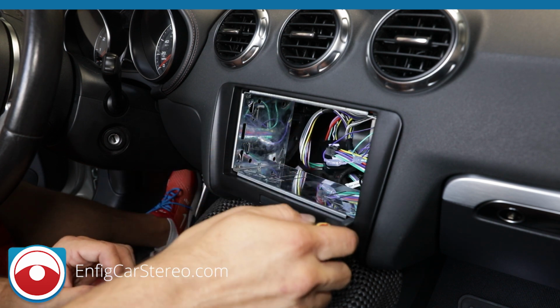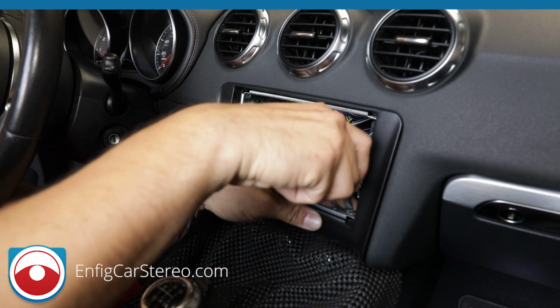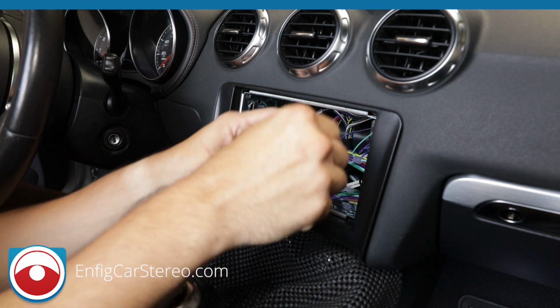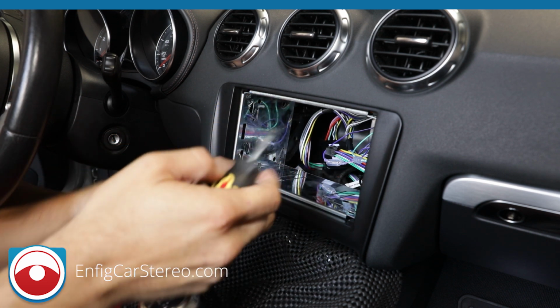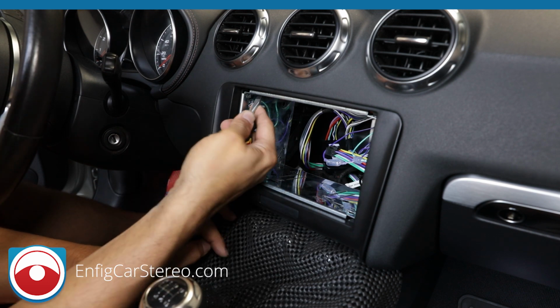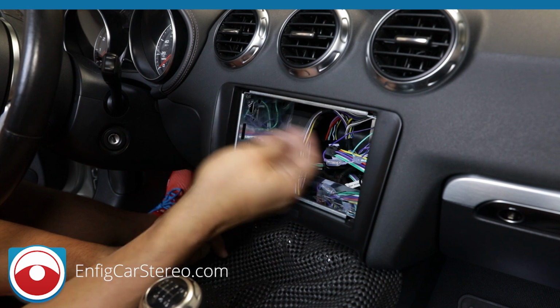So you always want to make sure, like with the screwdriver here, that you see right here, this gap up here. I'm going to put the screwdriver there, and then what I'm going to do is turn this down here. Alright, so I go here. Alright, once you bend, you'll see it starts moving. So right now we're evenly gapped, but then as soon as I go to bend the ones up here,